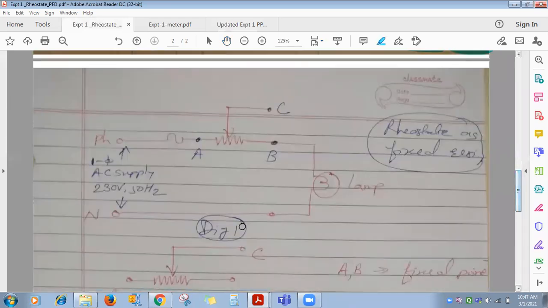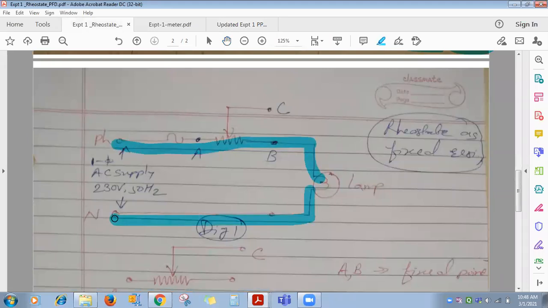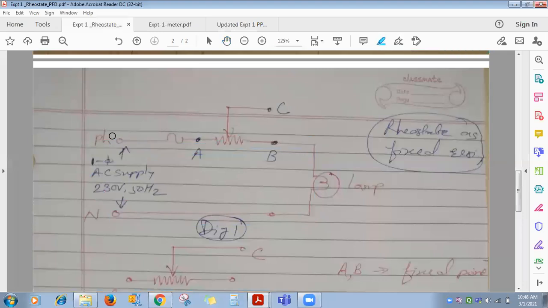Every load you switch on, see here, this is the diagram. This is the lamp I have connected over here. All of you can see, one terminal of this lamp is connected to phase and the other is connected to neutral. Phase and neutral mean what? See here I have written, it's a single phase AC supply, 220 volt or 230 volt, 50 hertz frequency. Neutral is the wire with black insulation, which is taken from the star point of the secondary of the transformer, star connection. And live phase can be with red, yellow or blue insulation.